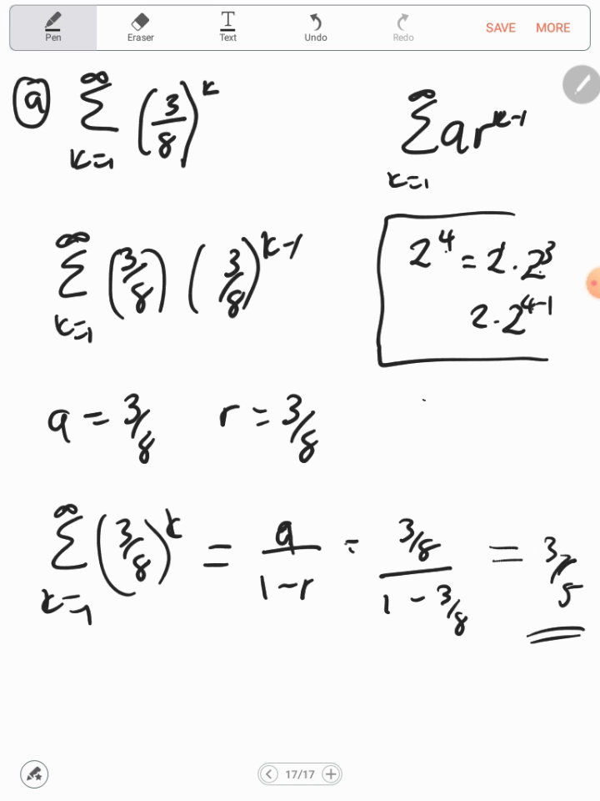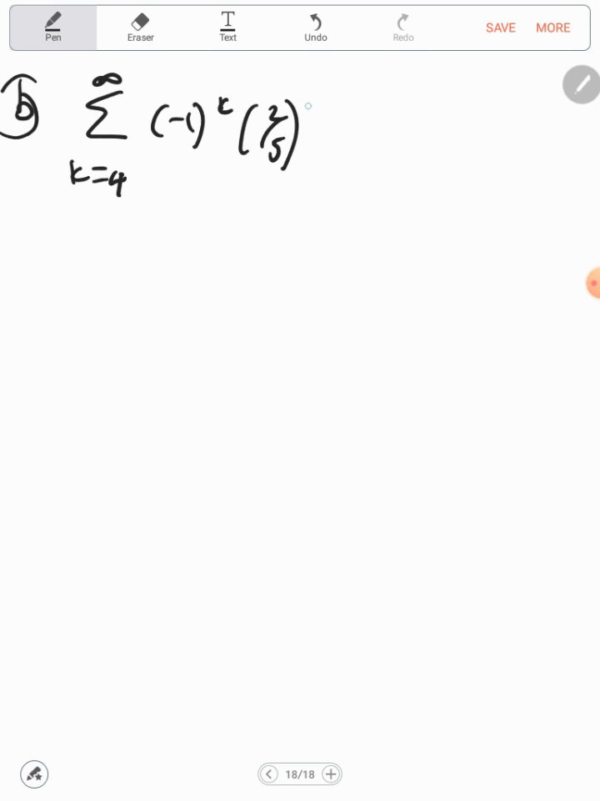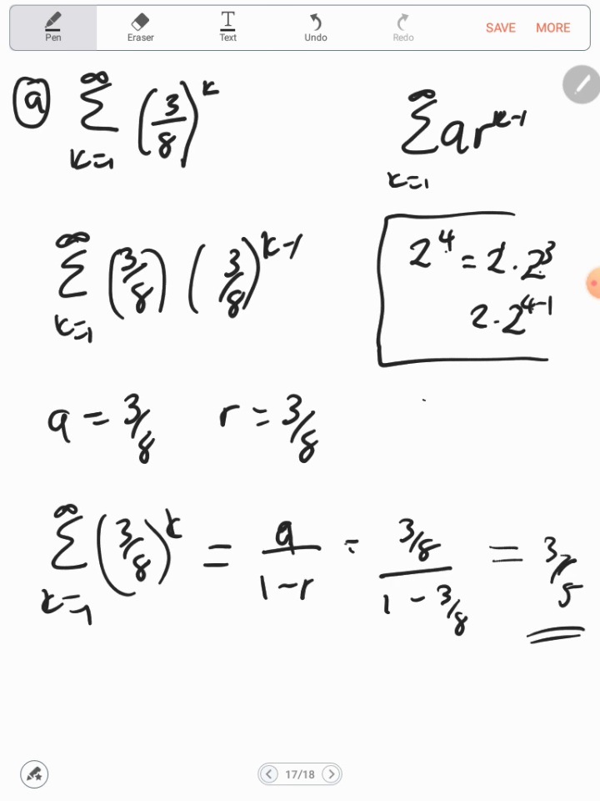So that is the sum. Okay, so we move to the next example. Here we have the sum from k equals 4 to infinity of minus k, 2/5 to the power k minus 9. Okay, so again, remember the geometric series is supposed to start from 1 to infinity, but